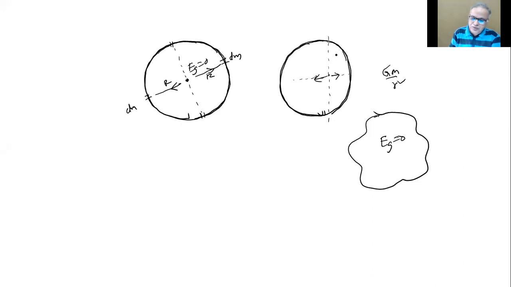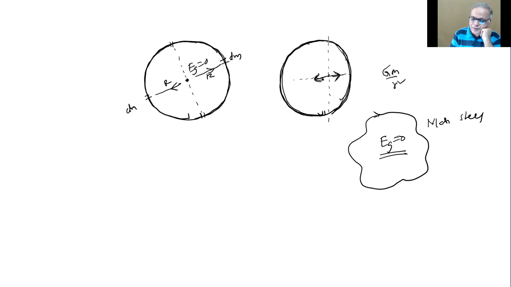So the idea we need to have put in our mind formally is what? For any shell, any mass shell, this is a mass shell in general, inside anywhere, the gravitational field strength is 0. So that is one point we need to understand. Here I've shown you the possibility of that becoming 0. Less mass and less distance. Once again, there's a kind of symmetry here. Like force will be finally towards this. Force of this part will be finally towards this.